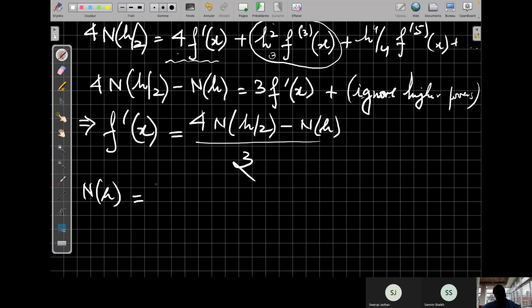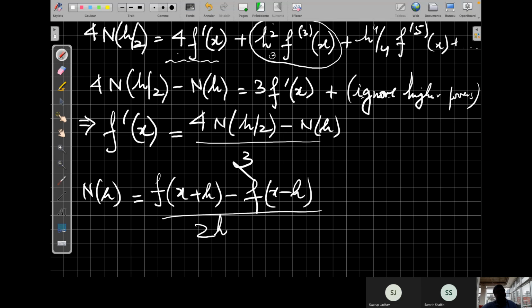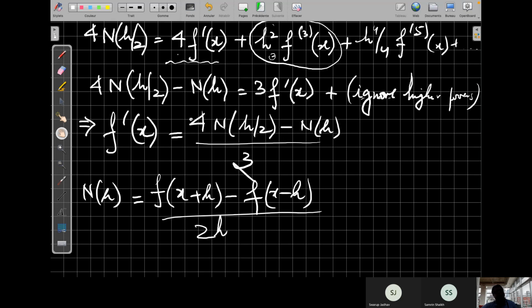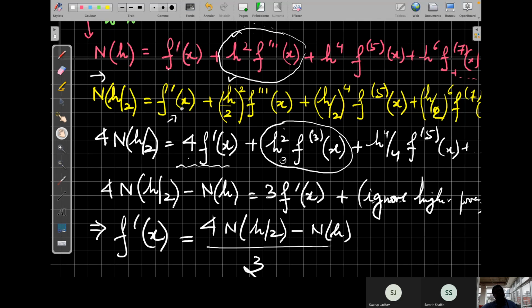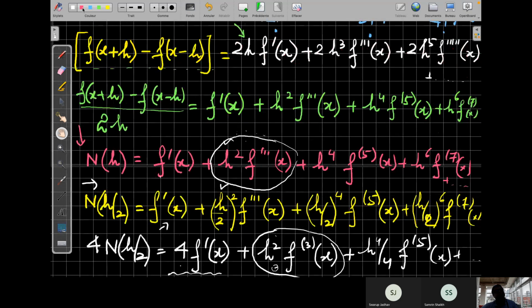N(h) क्या था? N(h) ऐसा था भाई, f of x plus h minus f of x minus h divided by 2h, isn't it? ऐसा था ना? देखो भाई, ये N(h) था ना मेरा. So this is my N(h). That's what I'm trying to say. This is my N(h),